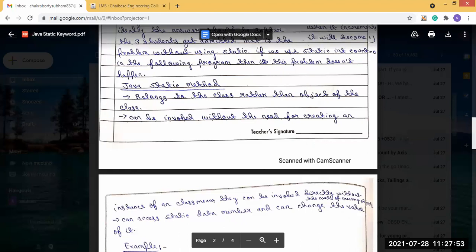They can be directly invoked without creating an object. If a method is given the static keyword before it, then it can be directly accessed in the main method.